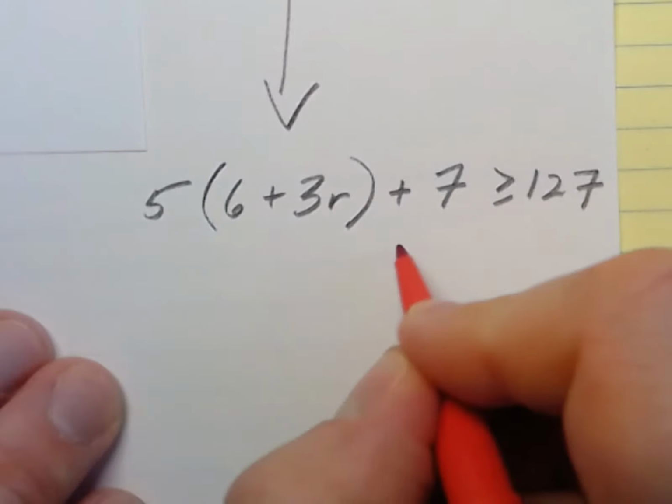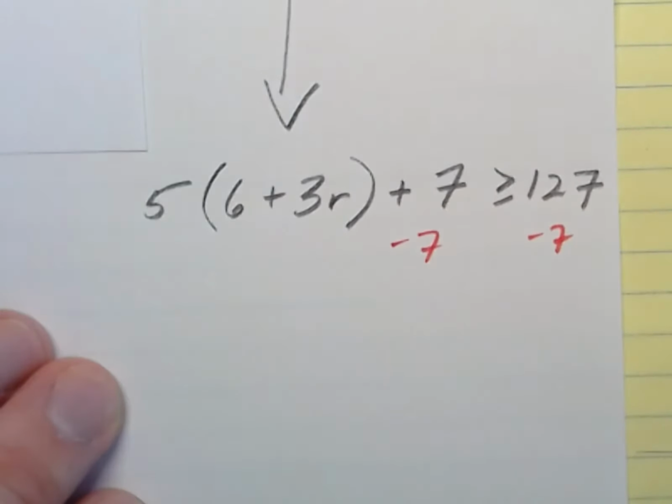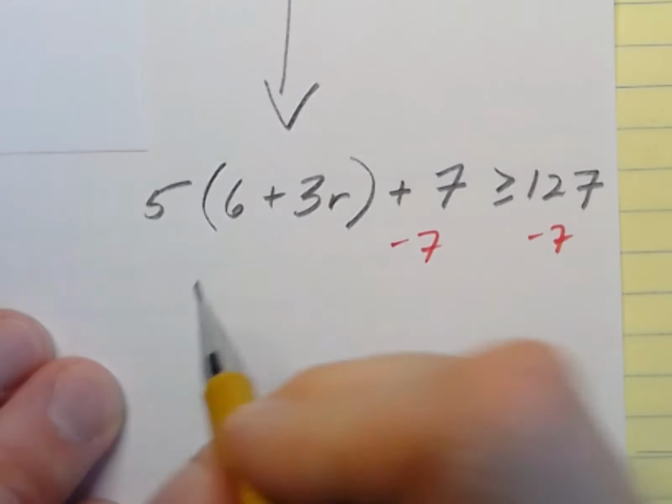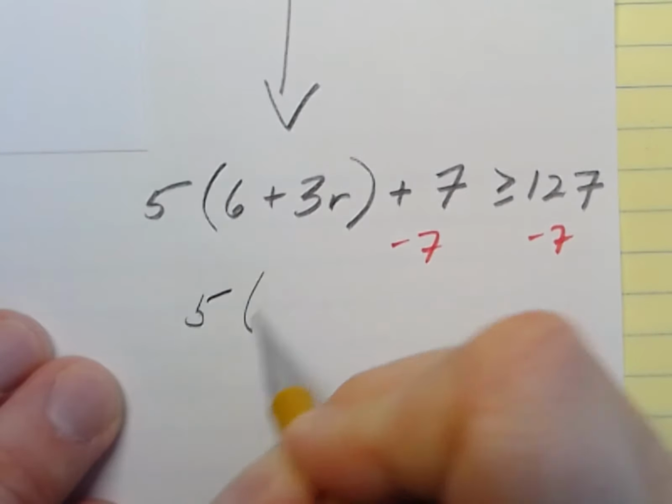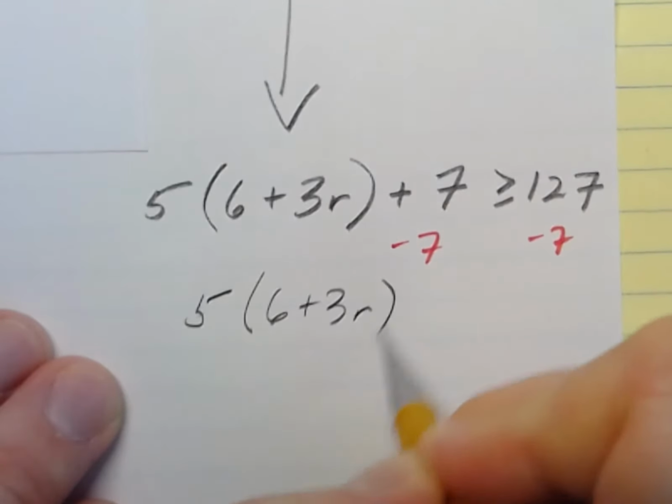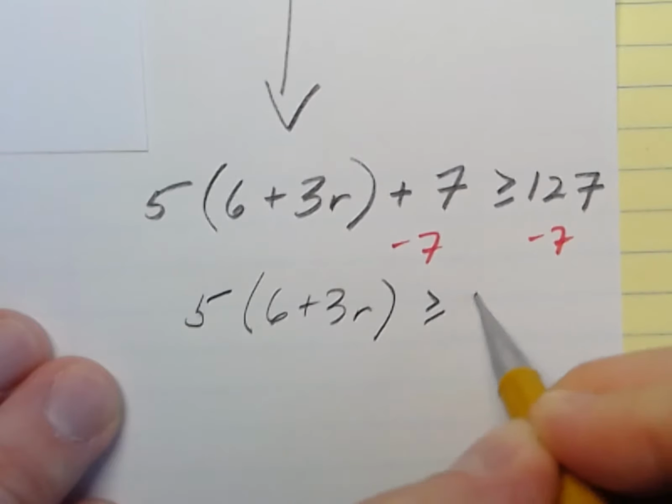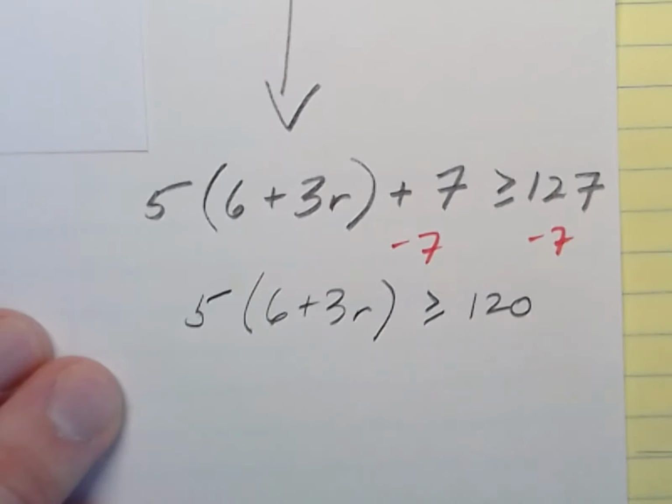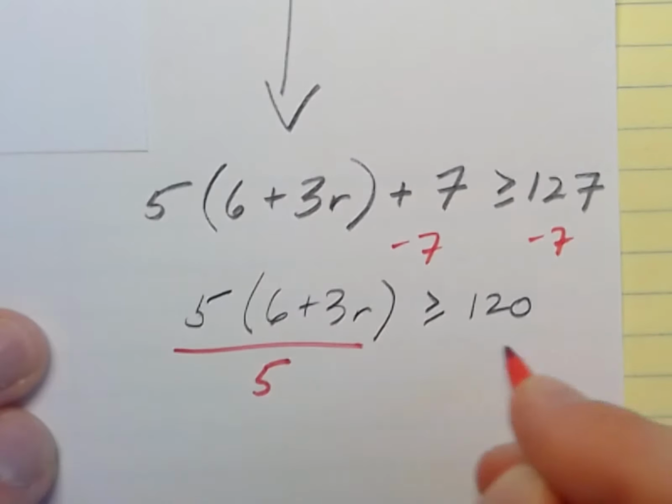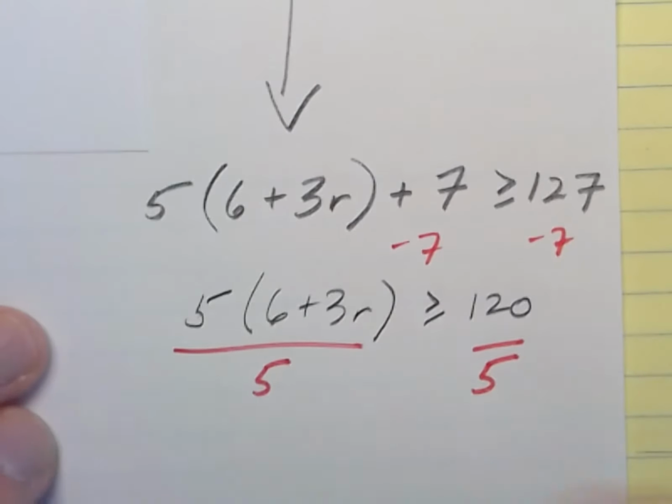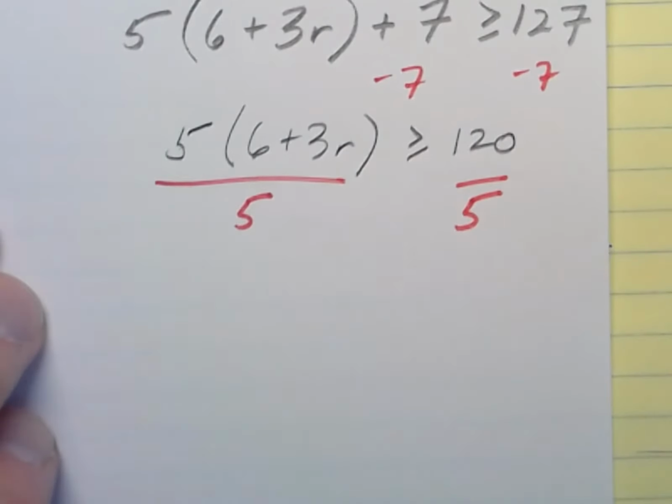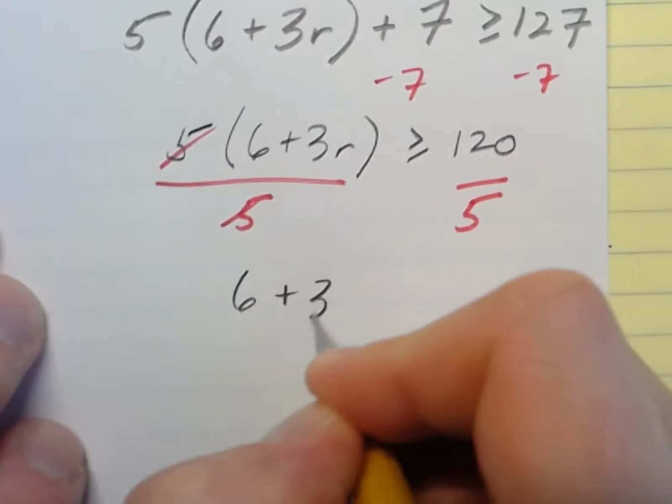So what I'm going to do here is just subtract the 7. So I have 5 times 6 plus 3R and 120. Then if I divide by 5, so that those cancel, then I have 6 plus 3R